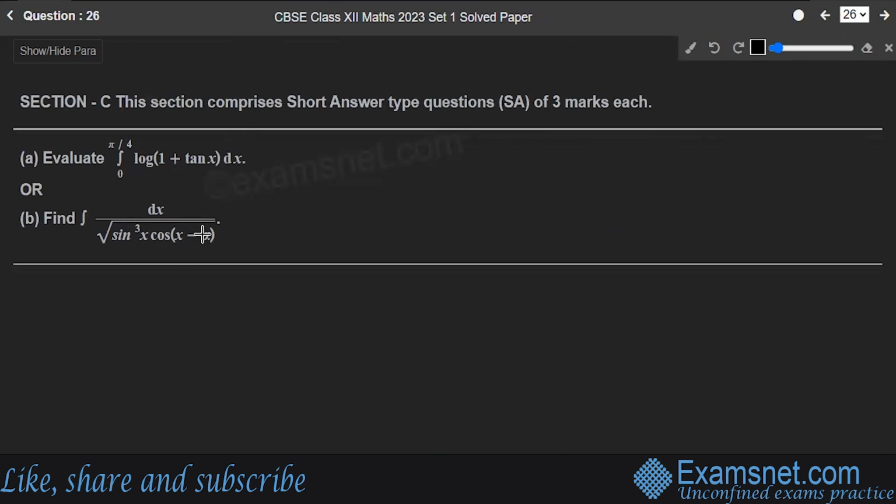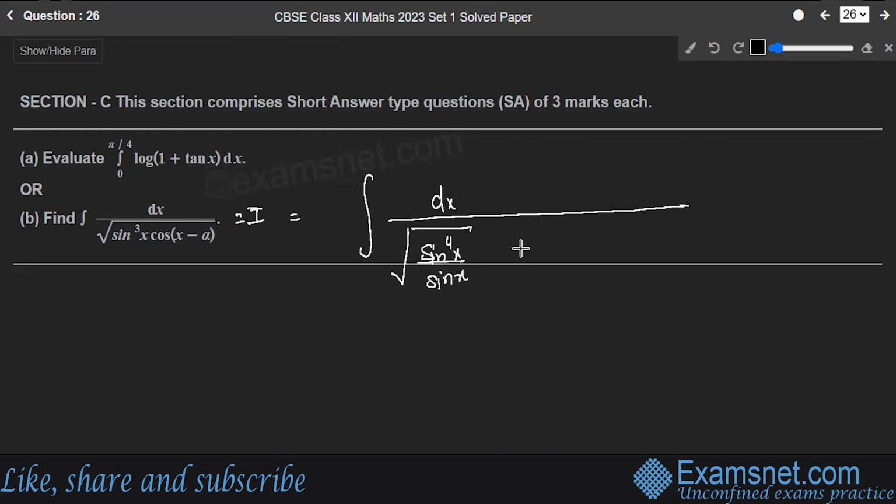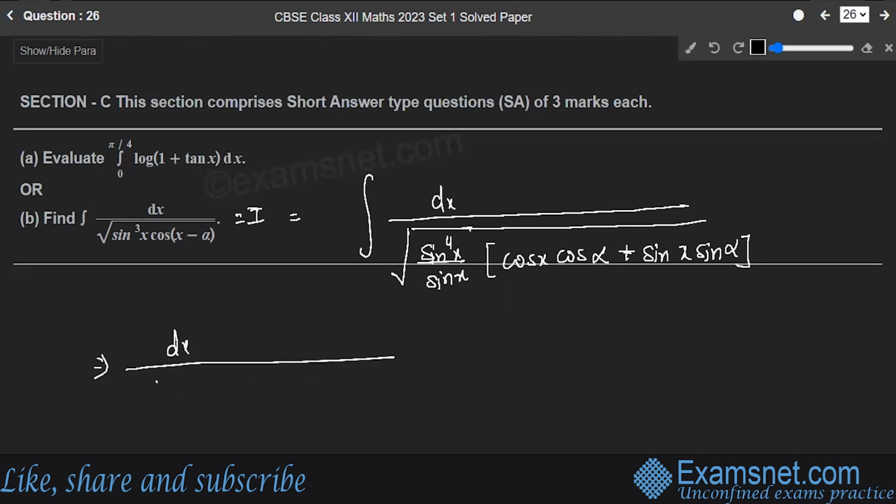Let's say this is again equal to I. This further is equal to the integral of dx upon root of sine raised to power 4 x upon sine x into cos x cos alpha plus sine x sine alpha. So that is equal to dx upon root of